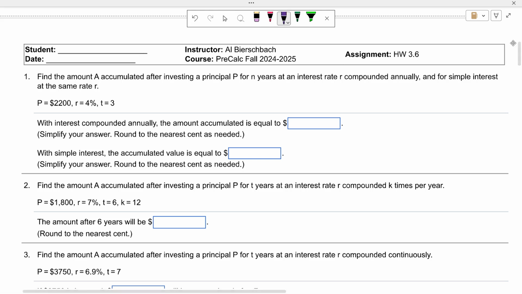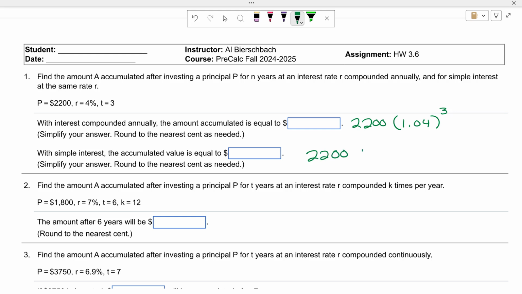So in the first problem, you're going to take 2,200, and this is compounded annually, times 1.04 raised to the third power. And you're going to compare it to the simple interest, which is